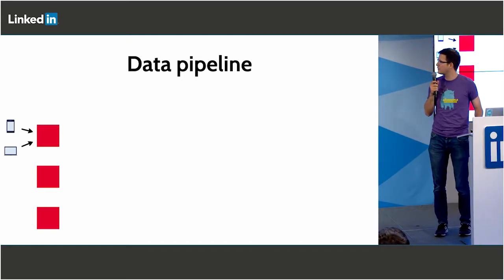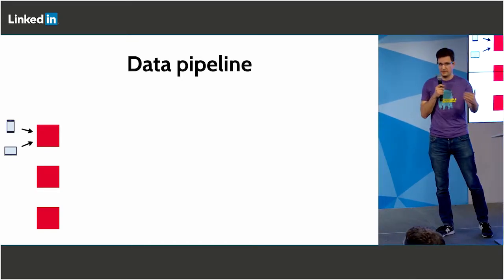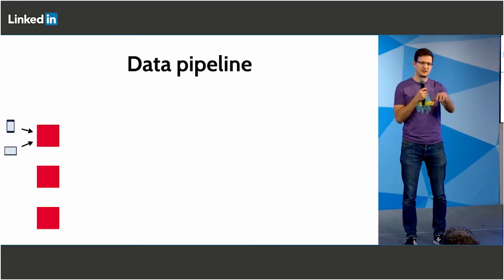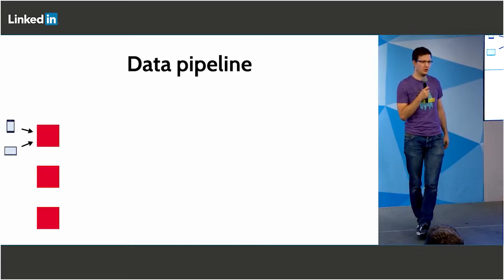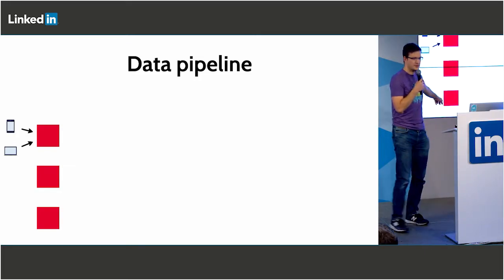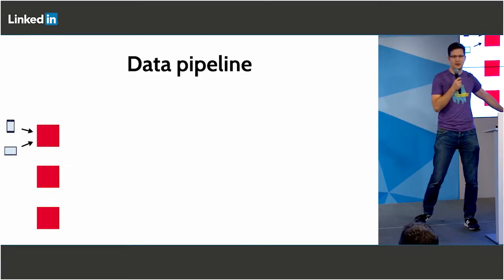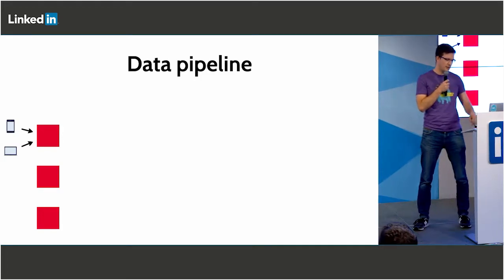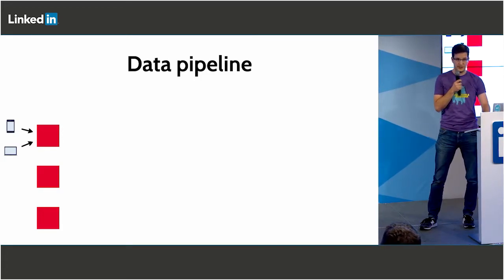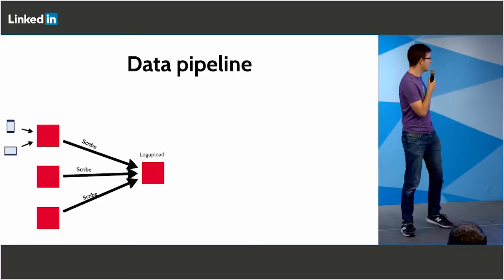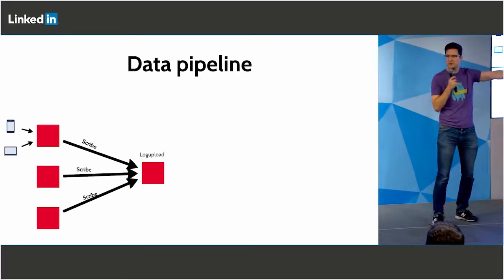When I'm talking about events, in our case more than 90% of our data is application logs or application events. And of course, we have services as well, microservices and backend services, which also generate log lines as events, and we want to collect them as well for processing. For that, we use Scribe. I'm not sure how many of you are familiar with Scribe.